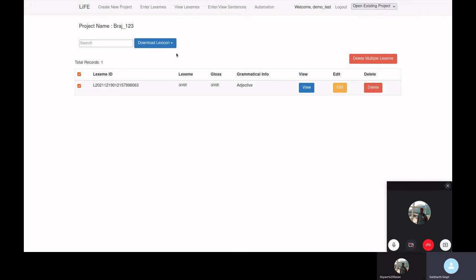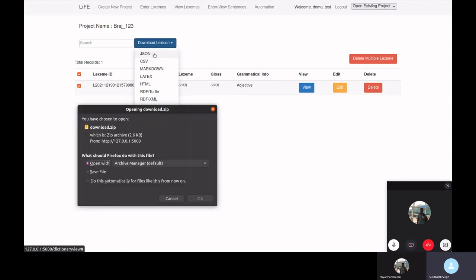function here. And in this interface we provide a lot of different formats in which you can download your lexeme. Like there are JSON format, CSV format, LaTeX or HTML, and different types of RDF. Let's try to download it in JSON format. Click on the JSON and it will pop up a downloading window.